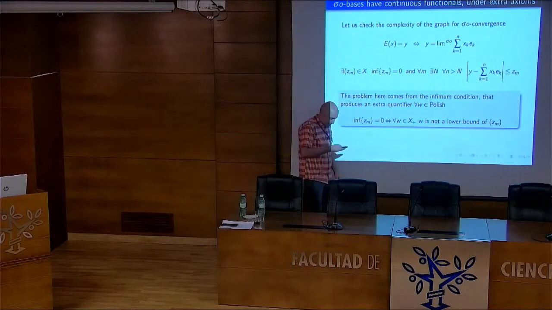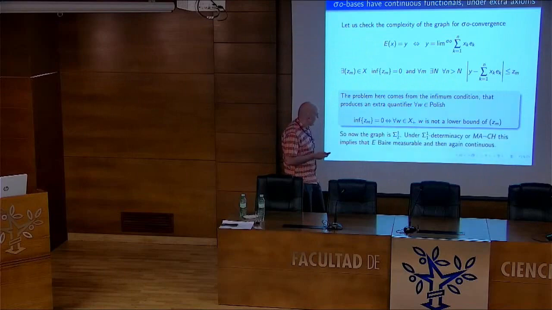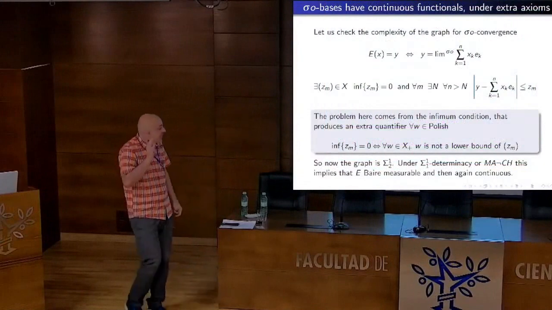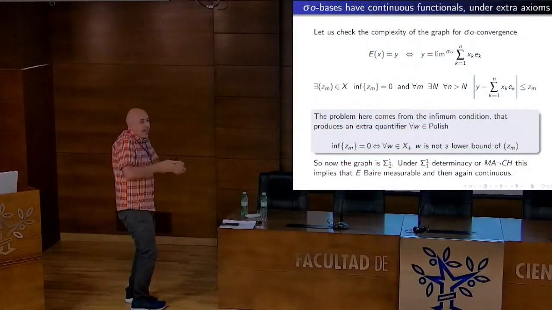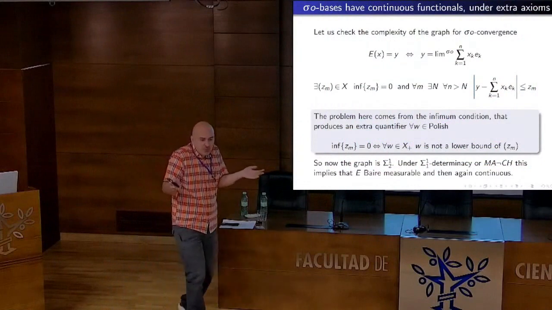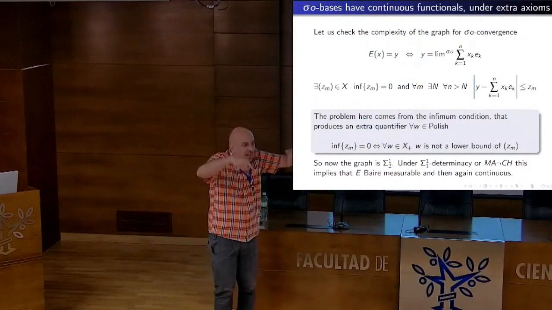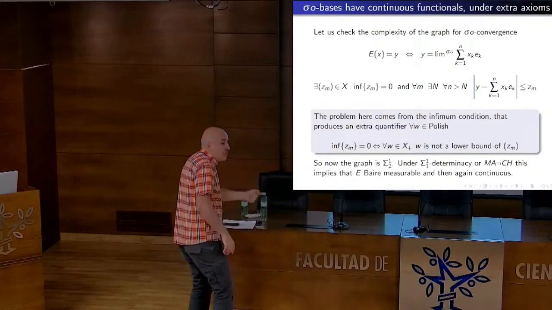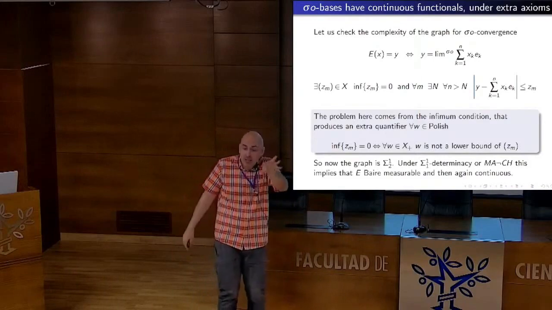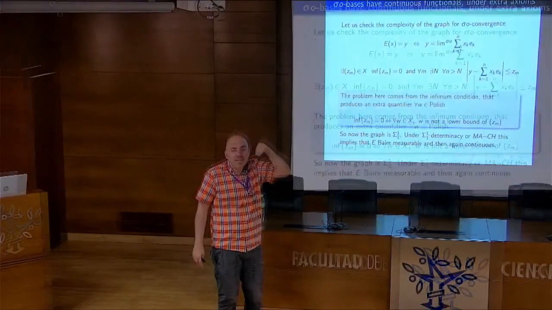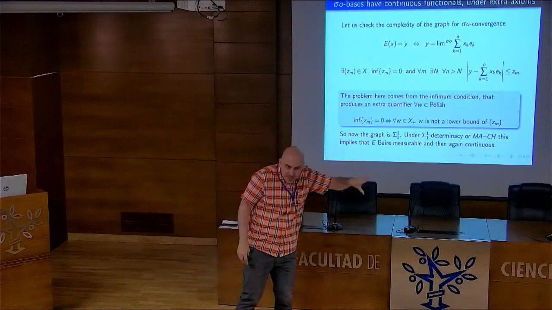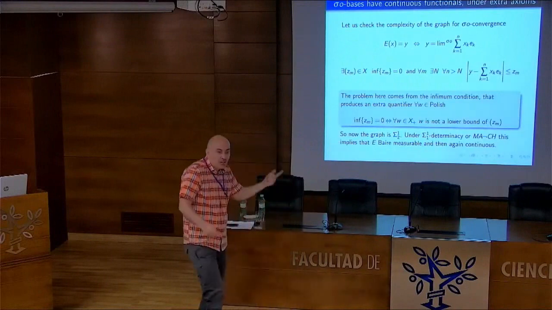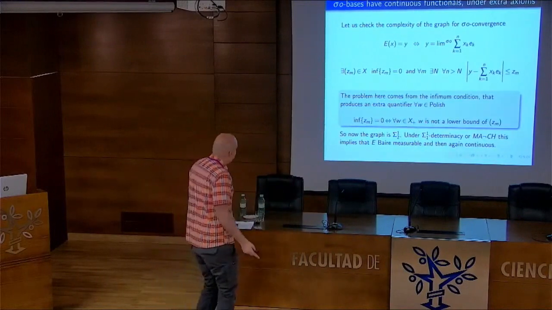So this is sigma 1, 2. Apparently, this is sigma 1, 2. The graph, from the computation, if I look at the definition, the graph is sigma 1, 2. Do I have a theorem for sigma 1, 2 that implies what I want, to be Baire measurable, to apply automatic continuity? It's not true in ZFC, but if I assume analytic determinacy, if I want more complicated sets to have the Baire property, what I need to assume is more determinacy on sets, more possibility to exchange quantifiers when negating.